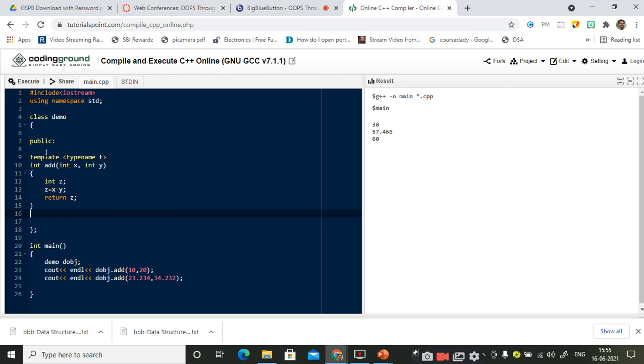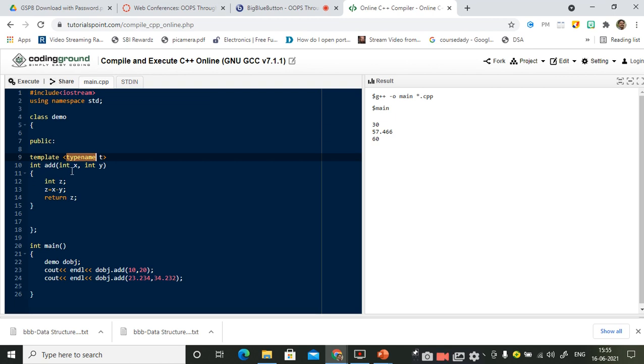What is it that I have done here? Very simple thing. I have started my template definition with the template keyword followed by angle brackets, and within the angle brackets I am giving typename, where typename is a keyword, and the parameter. Am I right or not? Is it clear? Clear, sir. What this typename means is that it is going to accept the data type as the parameter. So whatever the user gives, it is going to check here and it is going to convert this T for this. Let us see.